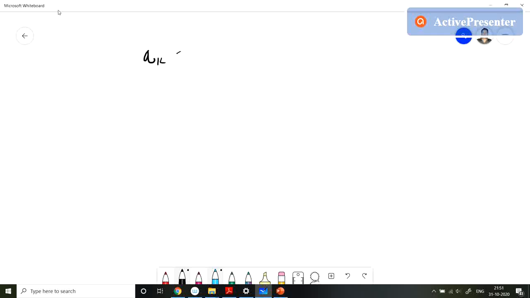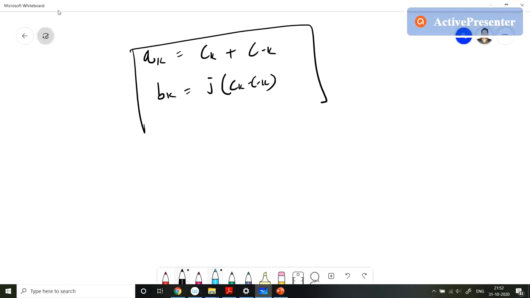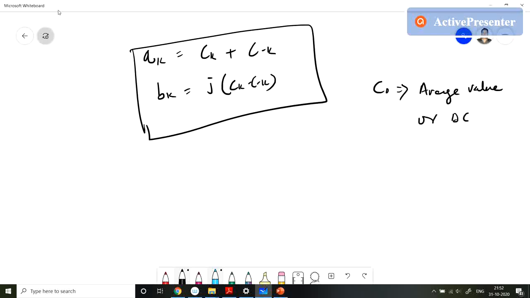So ak = ck + c(-k), and bk = j times (ck - c(-k)). This is the relation between ak and bk with ck, and we can prove this also. Also, one important thing is about c0. c0 is also called the average value or DC value,